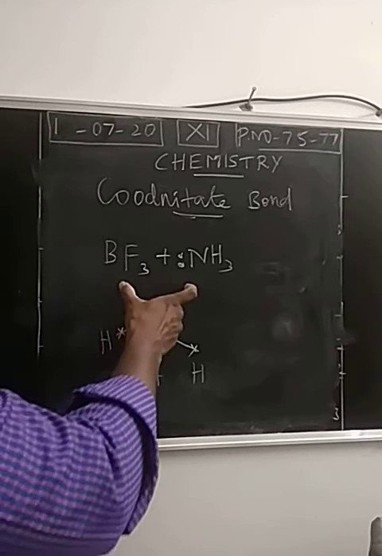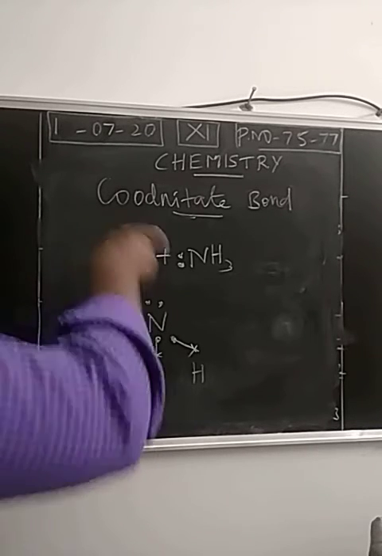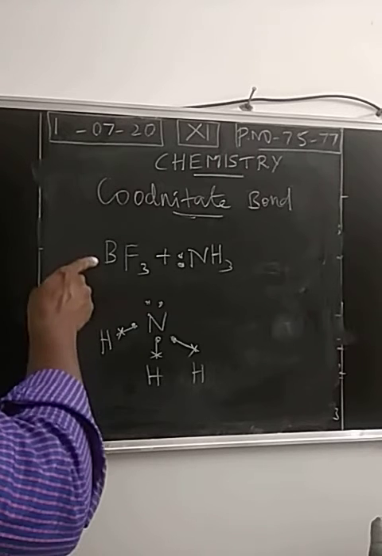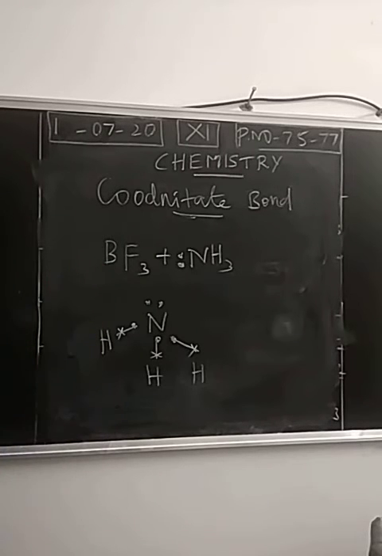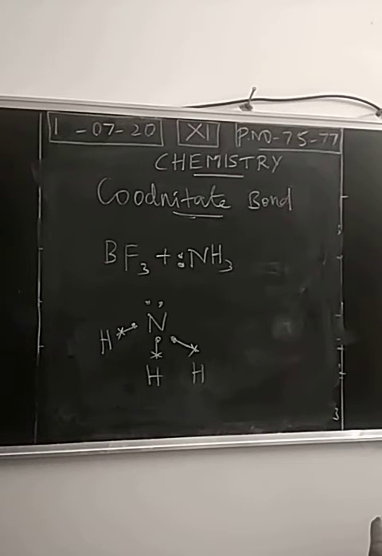Next, when these 2 molecules are meeting at a point, this is an electron deficient molecule, a molecule with an electron deficient central atom. It needs 2 more electrons to be stable. Around boron, 6 electrons are present. It is not obeying the octet rule. It needs 2 more electrons to obey the octet rule. So this is a molecule with an electron deficient central atom.